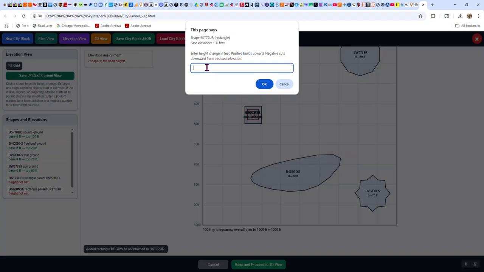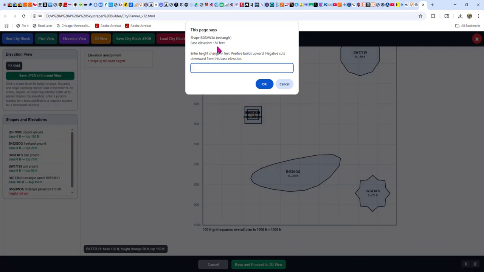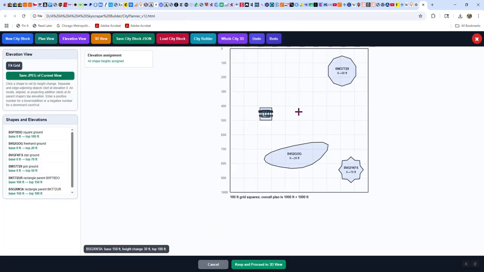So this first one, it starts at 100 feet. I'm going to take it up another 50 feet. I enter the change in height. So it's half as tall as that base thing that was under it. And then this one still isn't marked. And see, it starts at 150 feet. Calculate it right. It's on top of that other one. So I'll just take it up another 30 feet. So they get shorter as they go up. Okay. So anyway, now I've done that.